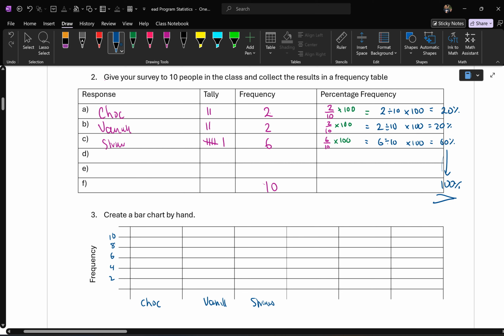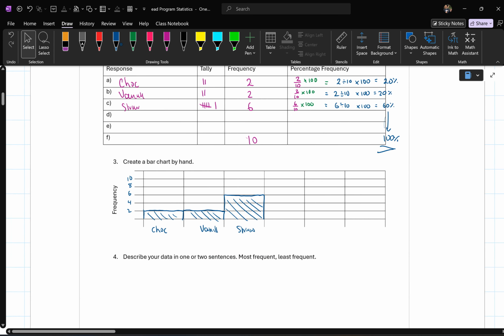So how many people liked chocolate? 2. So I draw a bar. Okay, and then how many people liked vanilla? It was also 2 again. And then how many people liked strawberry? It was 6. So I'll then do this. Okay, so obviously use a ruler instead of doing what I'm doing here. But there you go. That would be an example of how you would draw a bar chart by